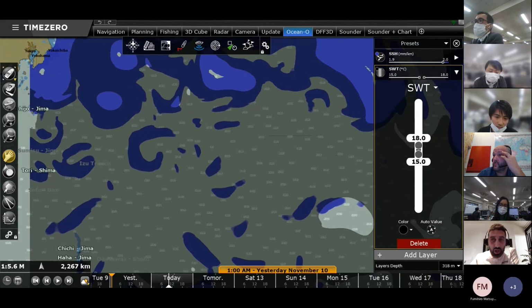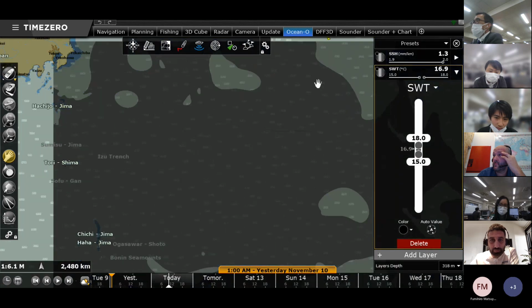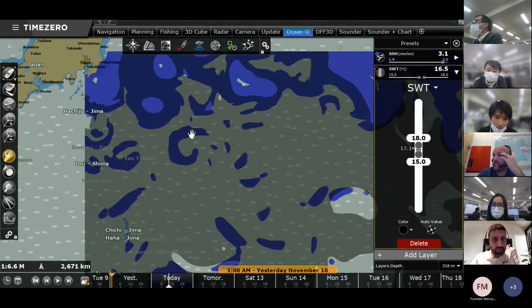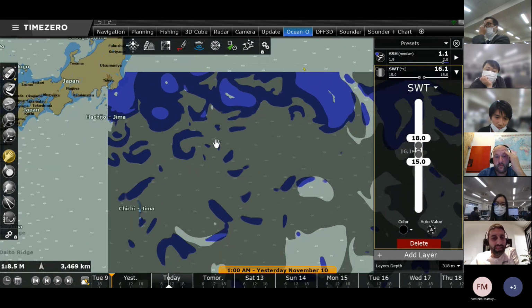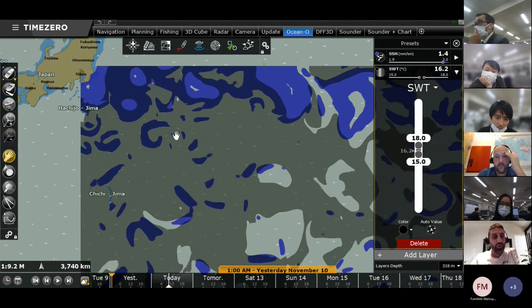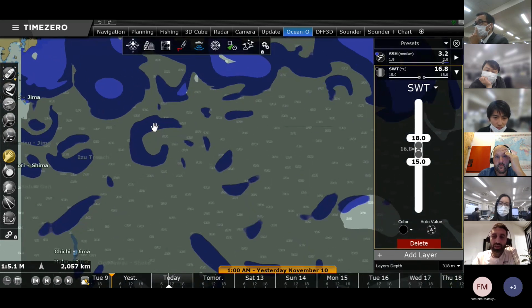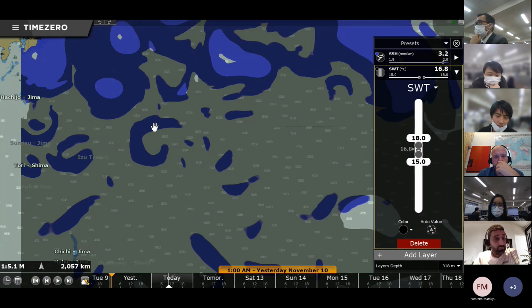So this area, for example, and actually I can also select footprint. No, I will leave it with the frontal zone. It's better. So this area here, in blue, mixed with the nice temperature of the water that I've identified. And when I put the cursor here, you see on the right side my slider is telling me the exact temperature. So it's 16.8 degree in a nice frontal zone. So I know that this area potentially, again, it's not exact science. It's just data that we make available to allow you to study before going on a fishing trip.